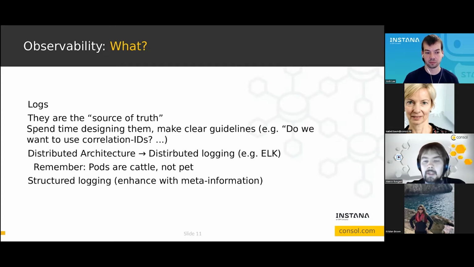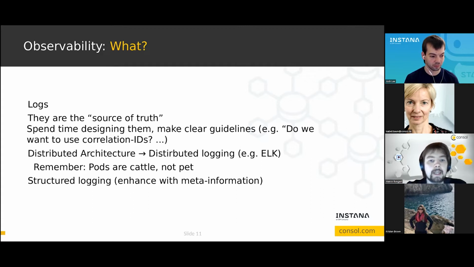Also, if we have a distributed architecture, and let's face it, most of us probably have a distributed architecture with microservices, we also need distributed logging. Because if we are running, for example, on Kubernetes, we treat pods like cattle, not pets, meaning if the pod is gone, everything with it is gone, and most probably the logs are gone as well. And we want the logs for analysis later on if something goes south.